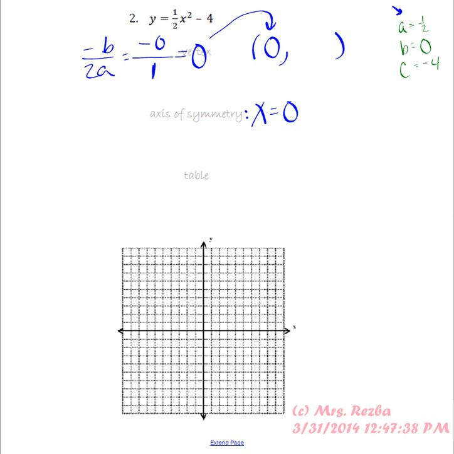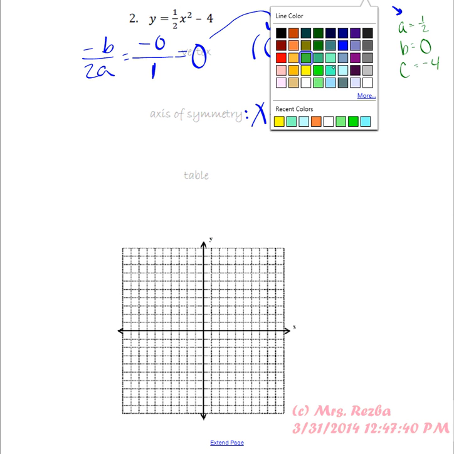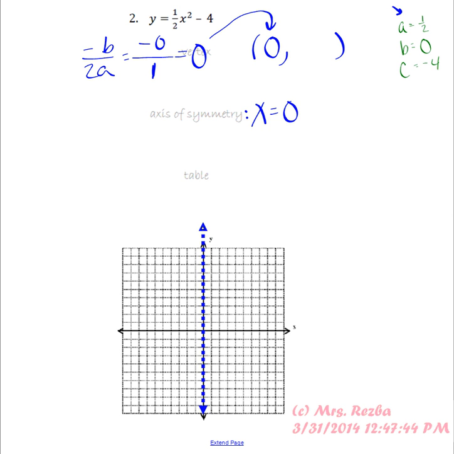Here, our axis of symmetry is going to be x equals 0. I can use this axis of symmetry really quick to fill in my line of reflection. So at x equals 0, I need to draw a dashed line going up and down. I know I cheat a little bit, I just use my line tool. But x equals 0 tells me I'm going to need a dashed line going up and down. So now, I need to figure out the other part of my vertex to help me out. So what I'm going to do is cheat down to my table really quick,